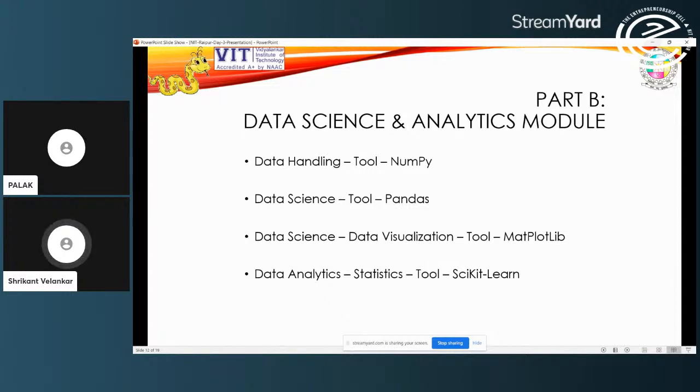We have NumPy, Pandas, Matplotlib, and Scikit-learn. NumPy is used for numeric data handling. Pandas is used essentially for in-system processing of two-dimensional tabular data.